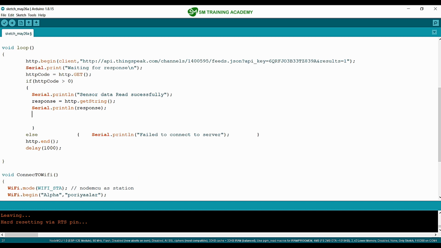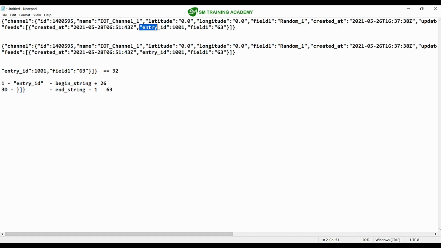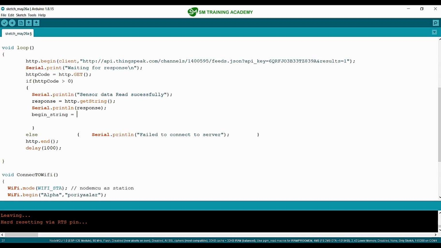Here I'm going to use the begin string for fetching the index of the entry id, double quotes entry id. For fetching the index, I'm going to use a method available in the Arduino IDE, that is indexOf.